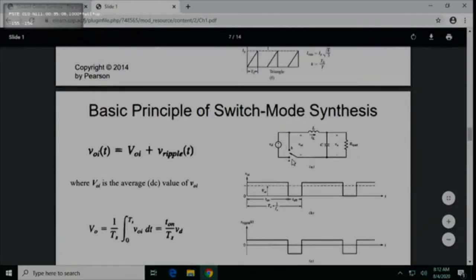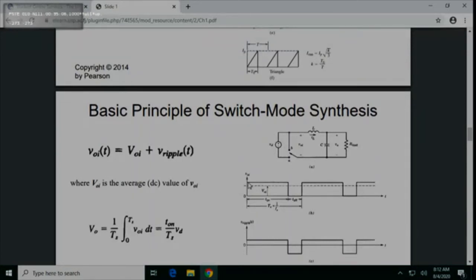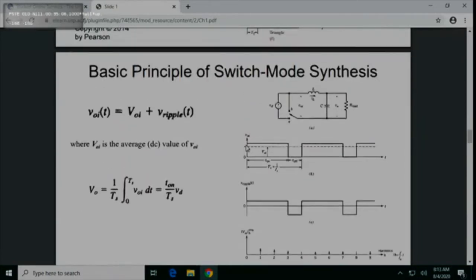So, there's a time when the switch transistor is going to be in the on position. So you see here, this graph. When the transistor is on, we have an output here. And then this is our desired VD, this dashed line. And when it's at the off position, the VO comes down here. And then we continue on and off, on and off. So according to this, the average VD here will be obtained. And then of course this is the ripple.